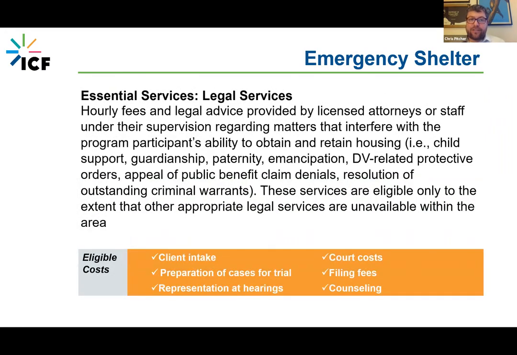Next is legal services. So these are hourly fees for legal advice provided by licensed attorneys or their staff regarding matters that interfere with program participants' ability to retain housing.